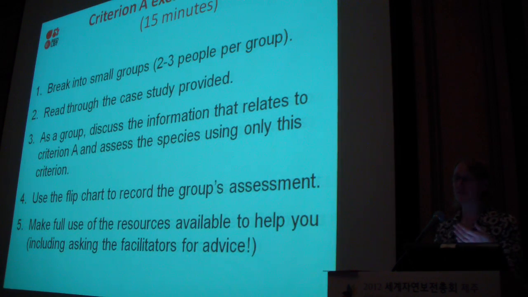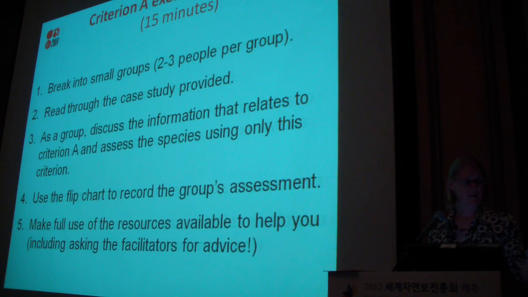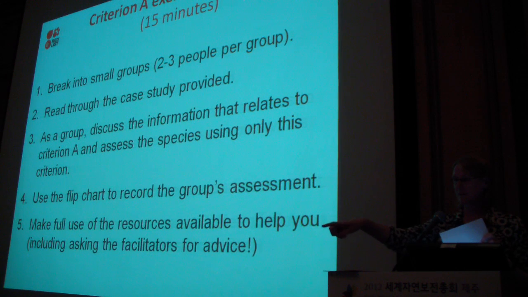Just read through all of the information in the document. It's only 2 pages, it's not very long. And then go through the summary sheet for the thresholds on criterion A. I've also put a criteria booklet there, and you'll find user guidelines there. I've got my copy of the user guidelines there, and